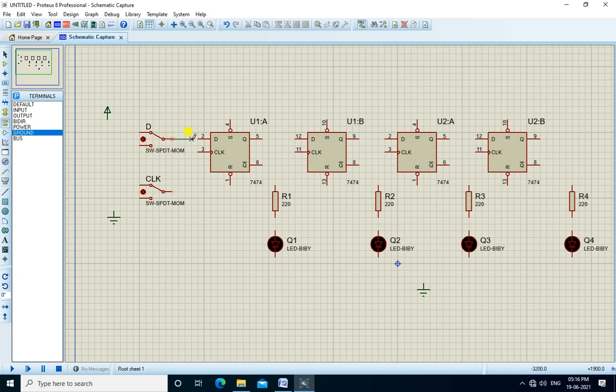Start with the switch. We need to connect all the clock pins.